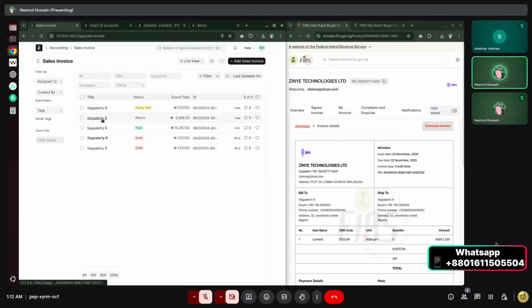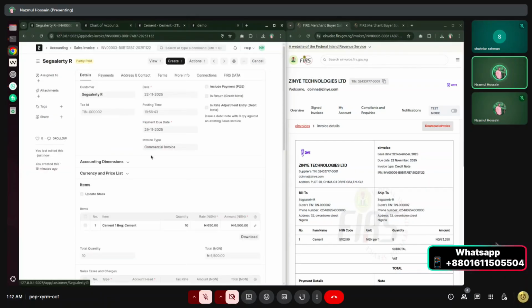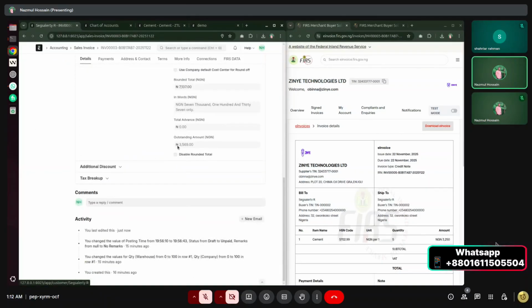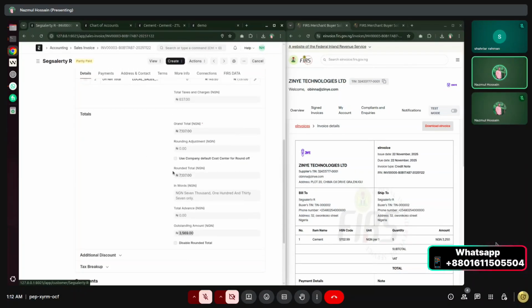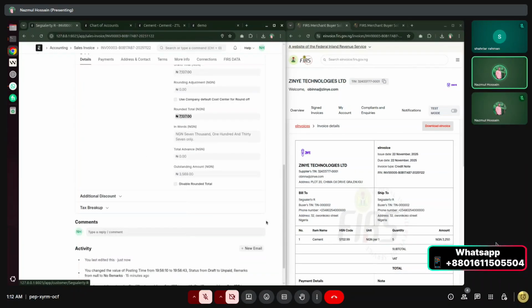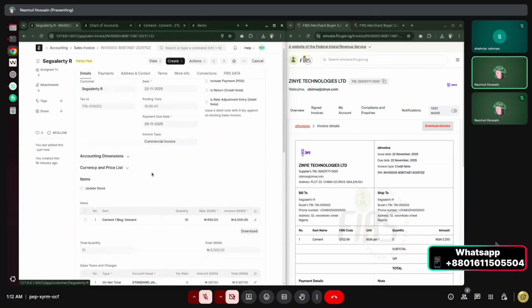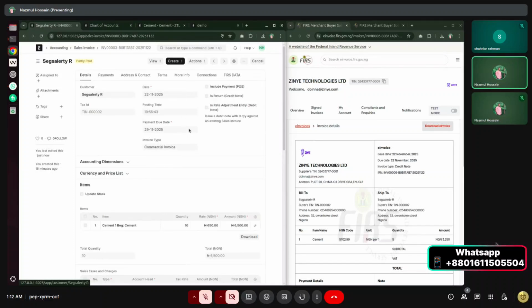And if we go to this, we see a partly paid invoice is here, and the outstanding amount goes down. You see that the invoice total amount was this, and he returned the half amount, so it comes down. So this is the complete ERP. You can do your